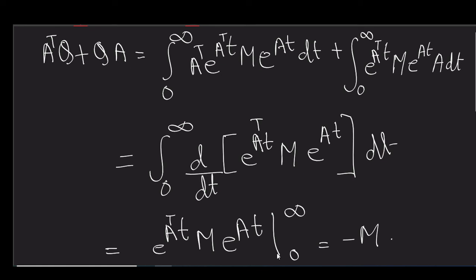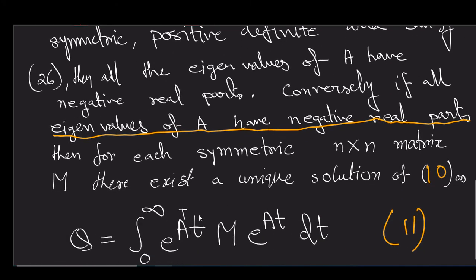Now, if we consider Q, what we need to show is, first, that if all eigenvalues of A have negative real part, then what will you have? Due to this, we know that all eigenvalues have negative real part, and even if A is not in diagonal form, I have discussed how we can transform it to diagonal form, and basically it will